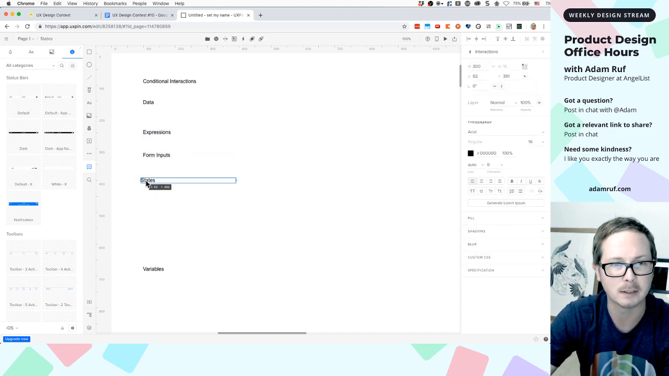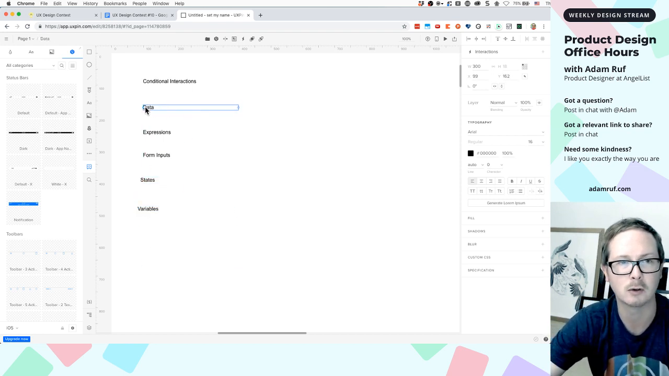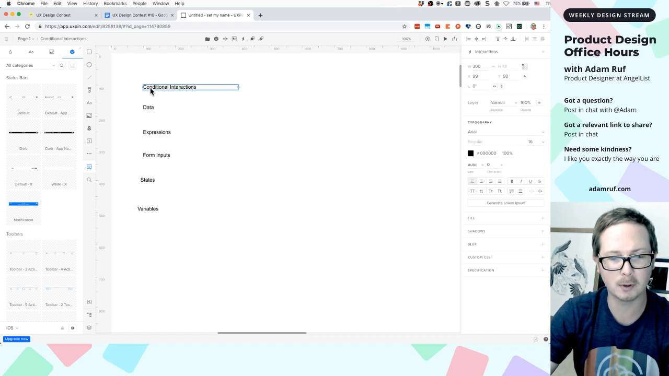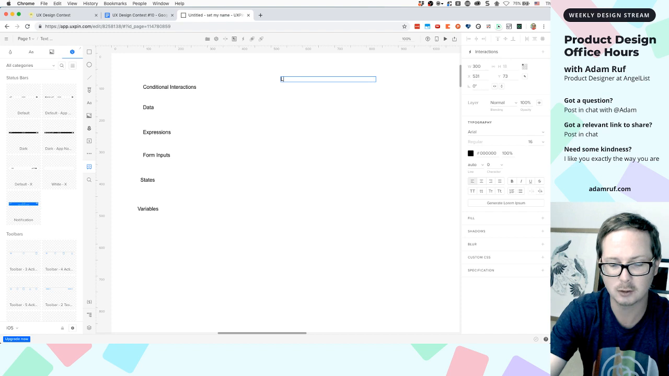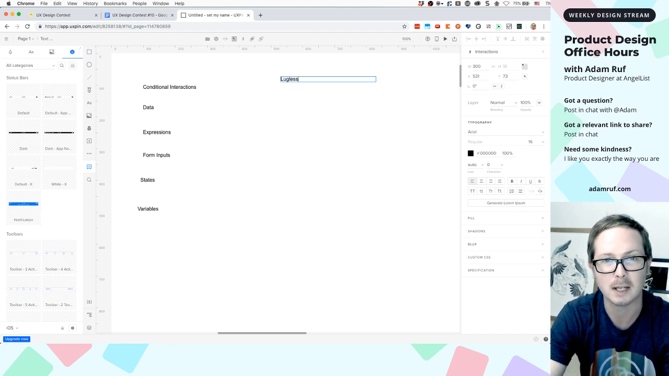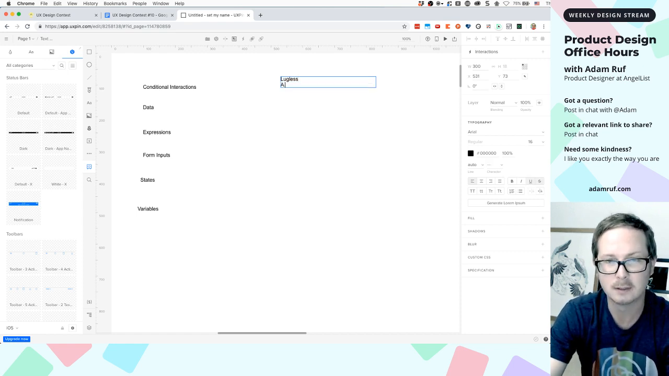I'm looking at these things: states, form inputs, variables, expressions, data, conditional interactions. Okay, I think what I'm going to do is create an interactive prototype for a fantasy product for me. There was a company that actually used this name before, but it's going to be called Lugless, or yeah, I'm just going to call it that. And this is a